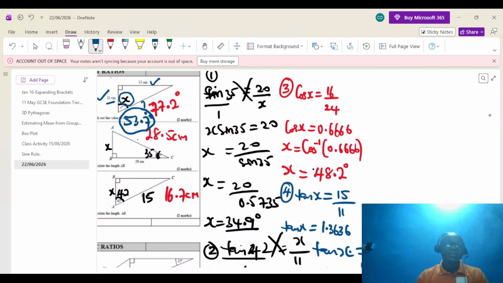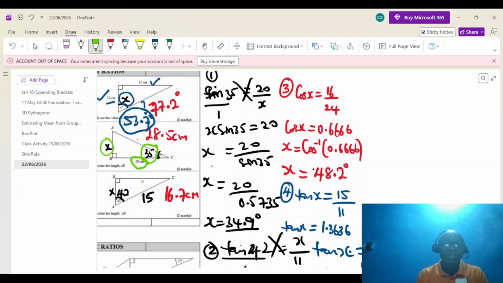Now let's look at number 5. Number 5, you can see the triangle very clear. Let me use a different color to distinguish the solving. So I can use this and look at the triangle. Inside is angle 35. Are you seeing it? This one is angle 35. Opposite of it is what we are looking for, letter X. Adjacent is given as